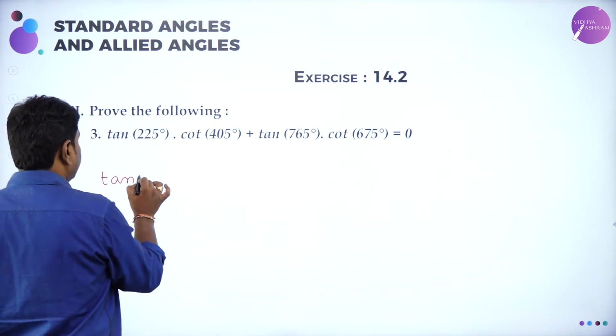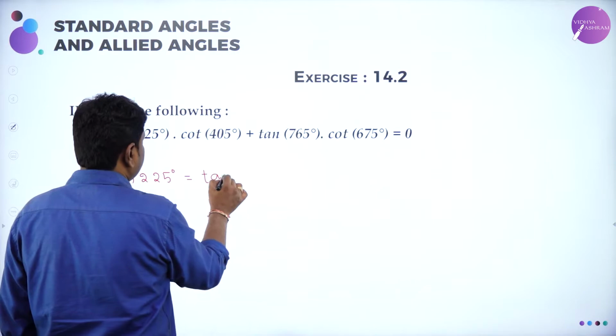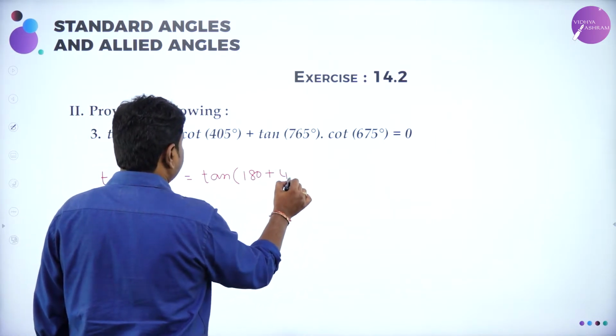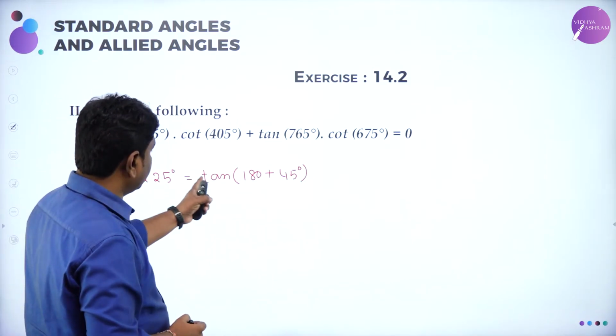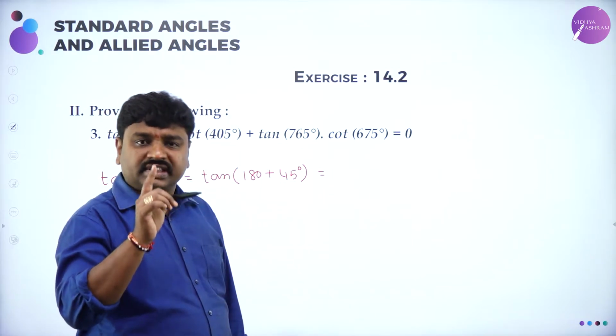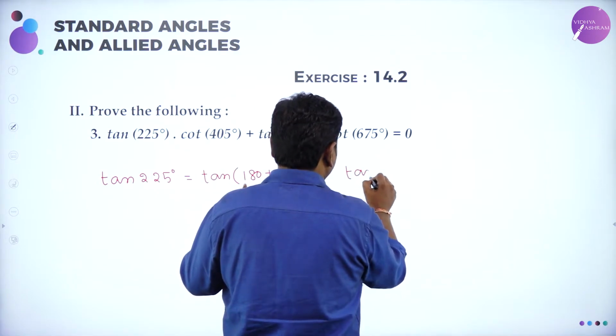Tan 225 degrees. You know 225 is near to 180 as well as 270. I will write it as 180 plus 45. For 180, if you add 45 it will be 225. Tan 225 value, tan of 180 plus 45. For 180 and 360, the function does not change, so it will be tan 45 only, and